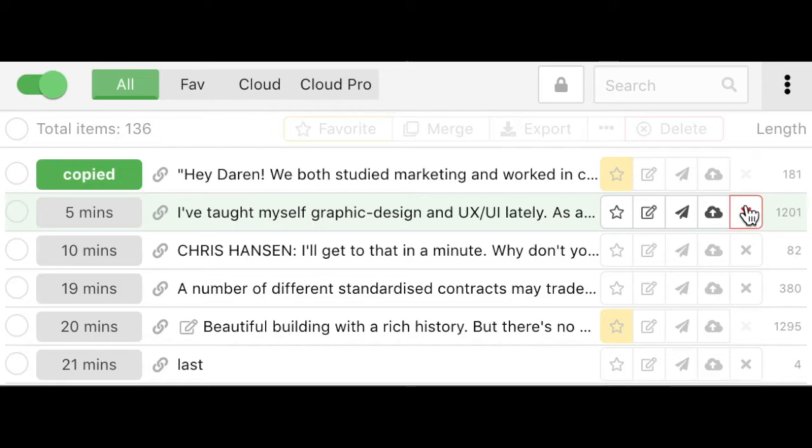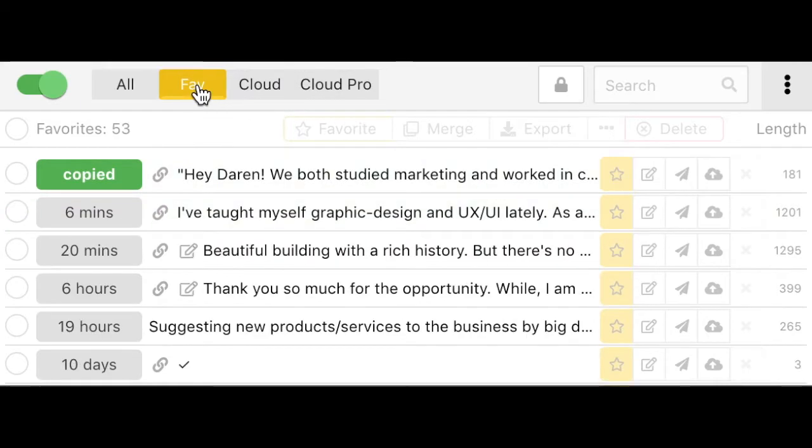If I want to store it in the cloud, this is the icon I'll click on. And if I want it synced across all my devices with Cloud Pro, this is the button I'll click. Conversely, if I want to save an item forever, I could just star it so it gets stored under my favorites tab. It can be helpful to have a copy of your full address and ready-made email templates under favorites,